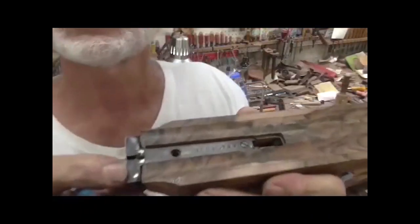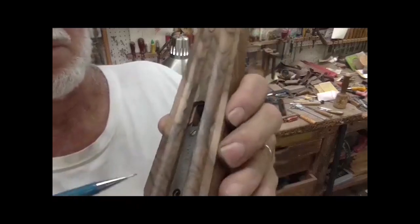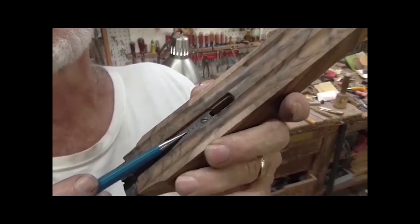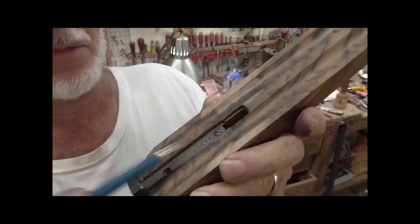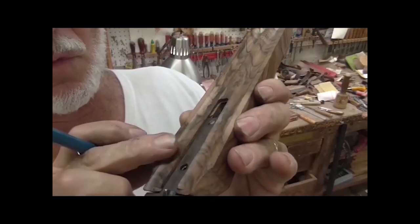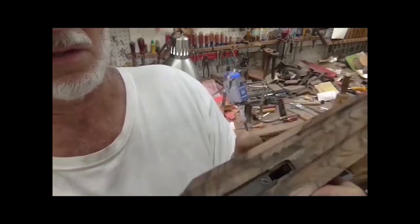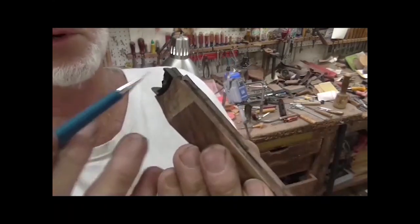Alright, I've got this thing kind of rounded up. Sort of got it headed towards the pin anyway. I know that this piece of metal fits along with the forearm, fits on the barrels. I know that. I've got that. I've got it fitting pretty good around